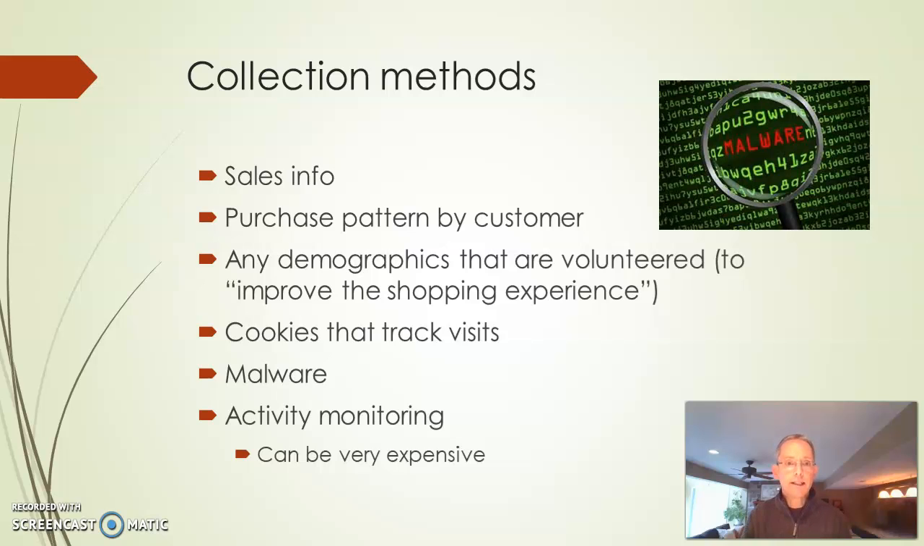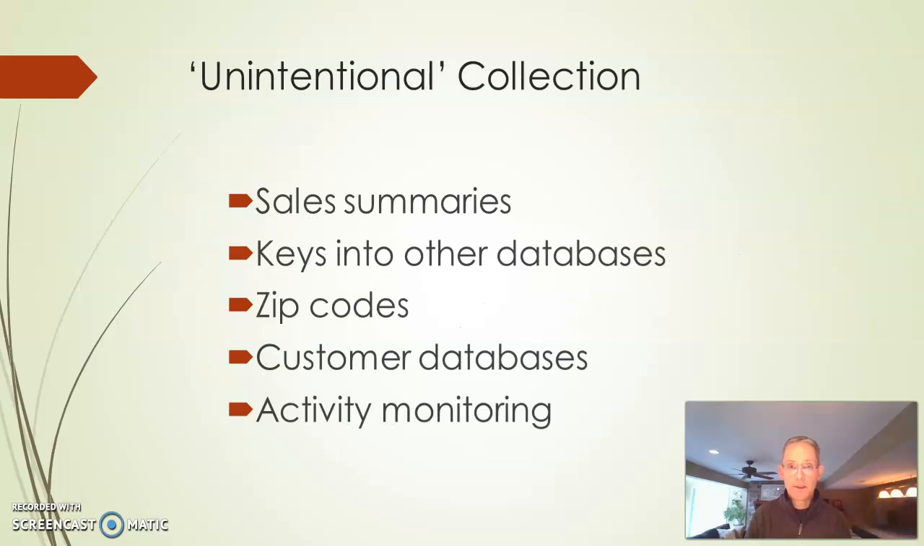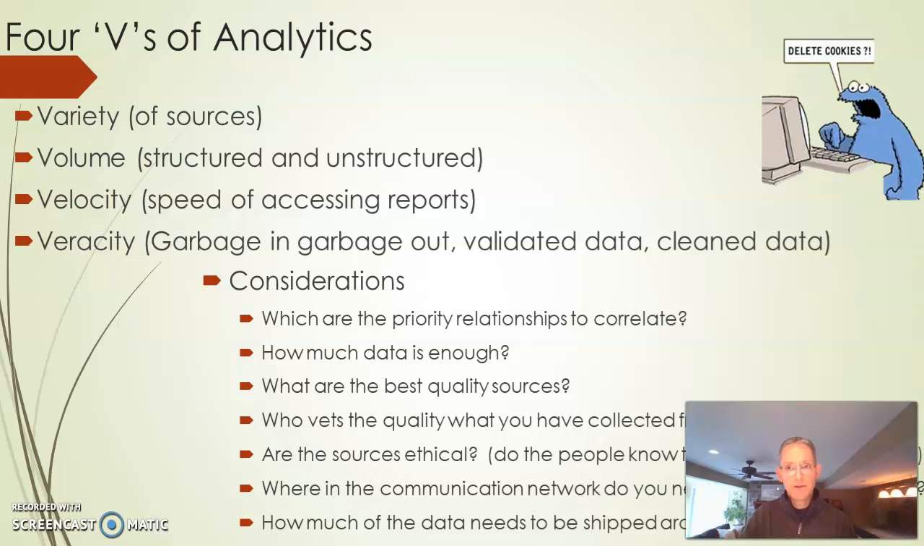What other kind of things can we get? Sales info, purchase patterns, cookies, and those kinds of things can track all of this. Malware also tracks all of this. So again, we need to be very careful about that. Activity monitoring is generally inexpensive. These kinds of unintentional collections, like sales summaries, zip codes that your customers are coming from, they can be keys into other databases,